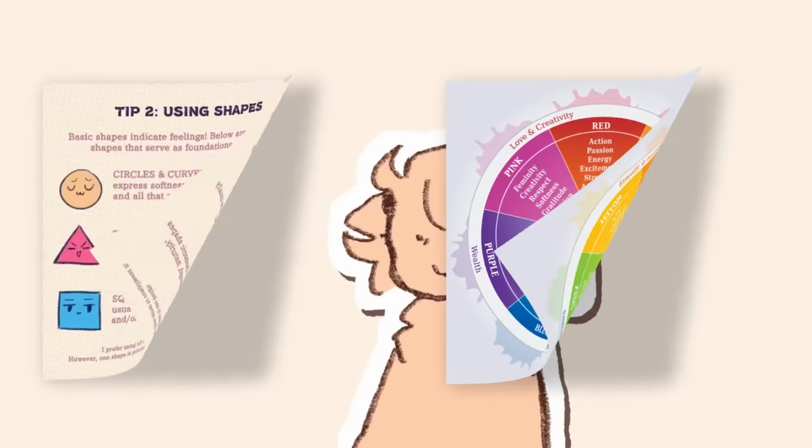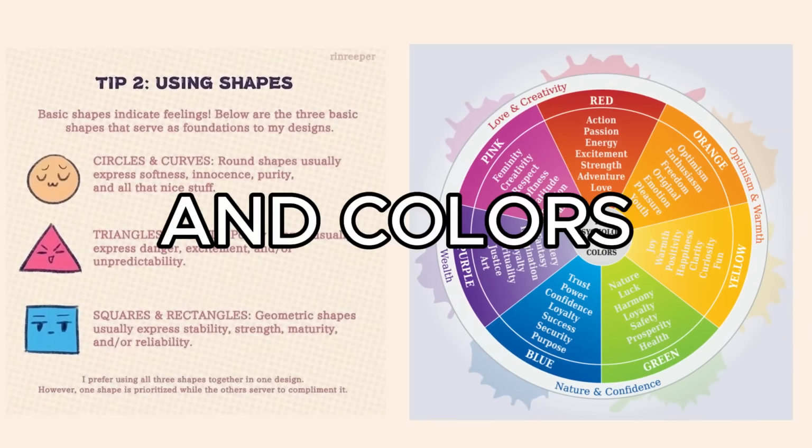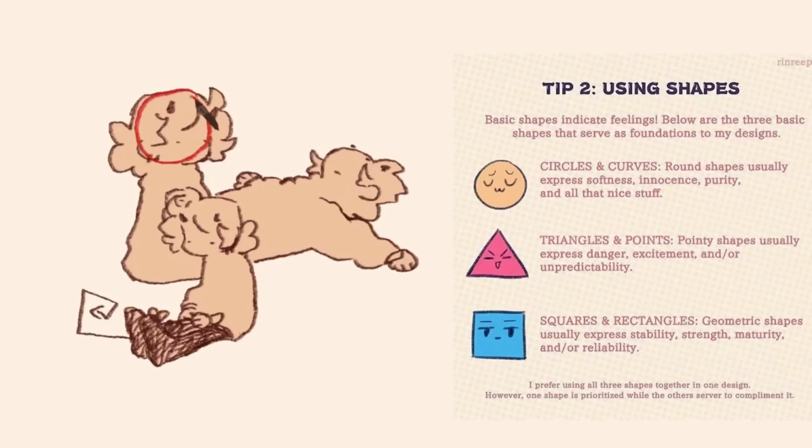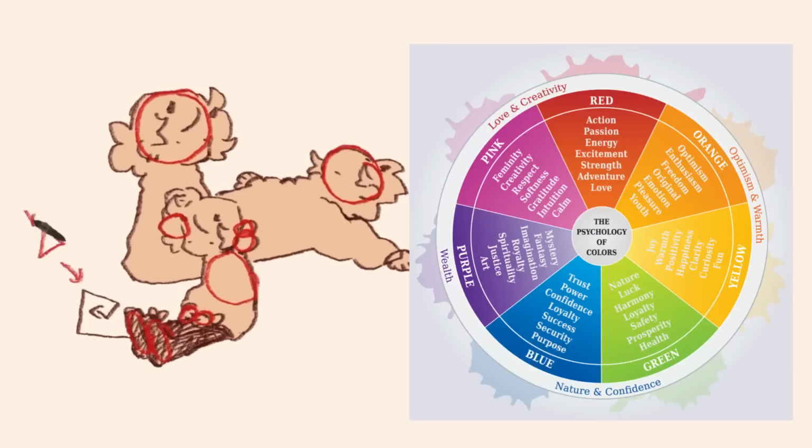Shapes and colors can show personality. Here's a list of shapes and their meanings. For example, I consider myself very calm and friendly, so I used a lot of round shapes and soft shapes in the design, in the hair, the arms, even the posture, but I wanted a warm and welcoming feeling, so I used a lot of creams and yellows, which I think ties into the feeling that I want to go for.